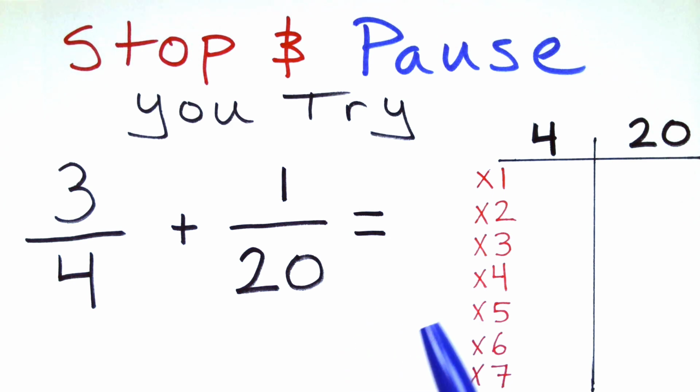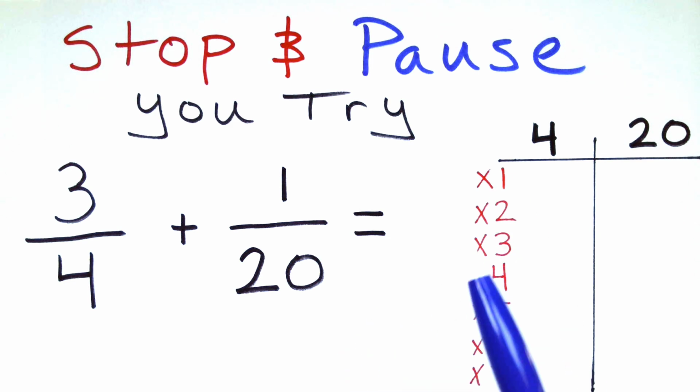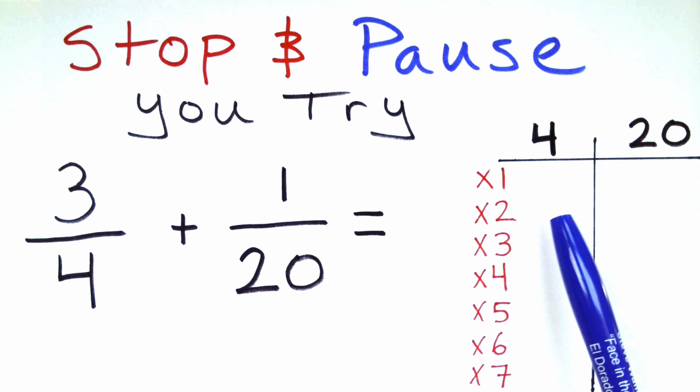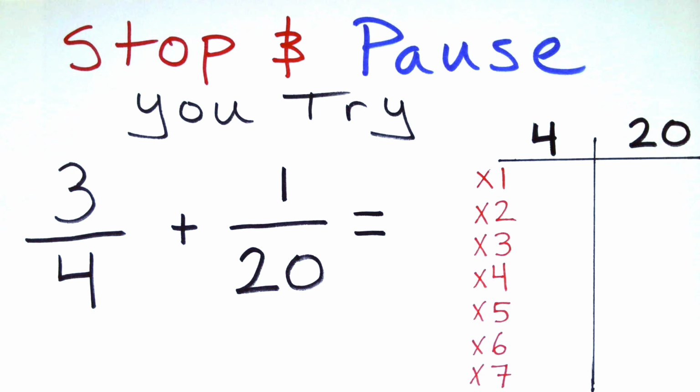All right, at least I've got it partially started, and you can figure out if you need more digits than 7, maybe you need 8, 9, or 10, right? Go ahead and write down all the products of 4 up to 10, and all the products, that's an answer to a multiplication problem, like 20 times 1 is 20, all the way down to 10. Okay, find the common denominator, then you go through the steps as I did earlier